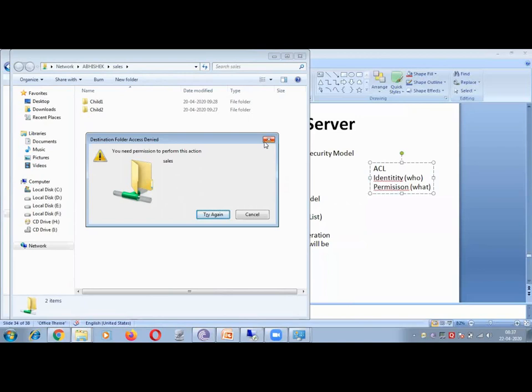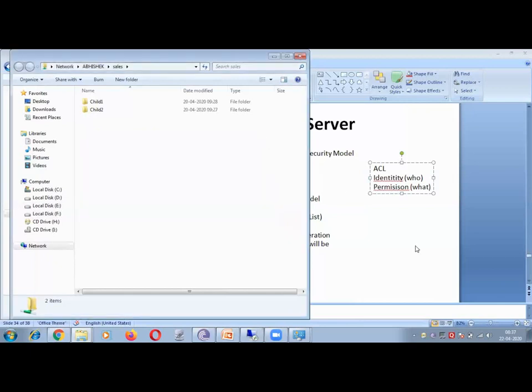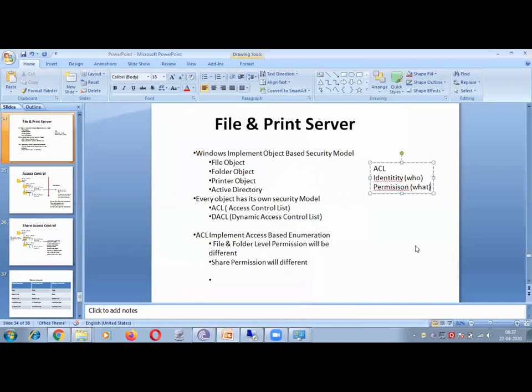So now just go back to the PPT, back to the access control.